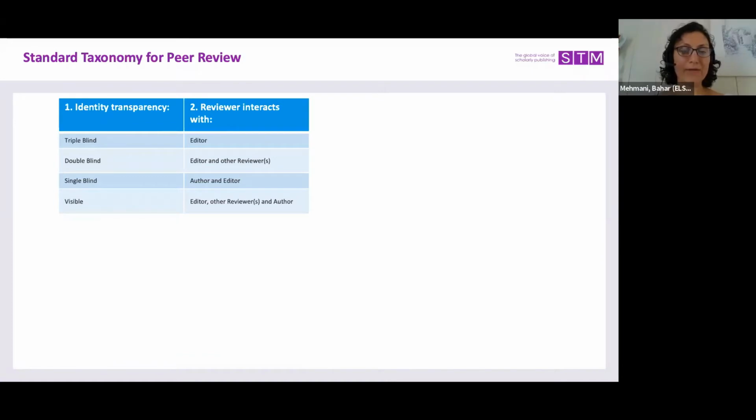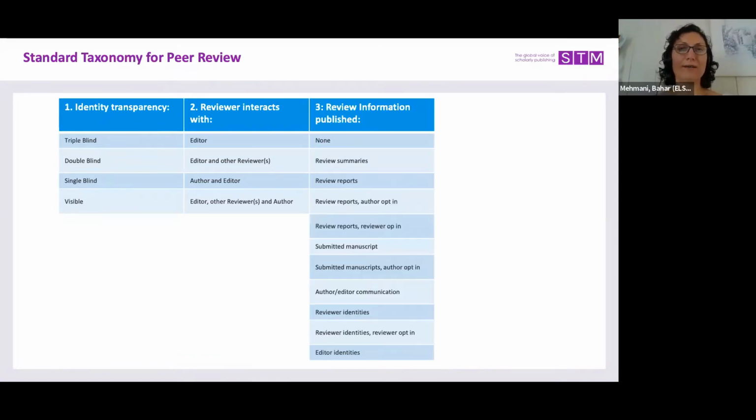Great. So then the third category is about reviewer information published. And I think this is the most confusing part, particularly when we talk about open peer review. Also, we heard at the beginning of the session the need for disambiguation on that particular peer review model.